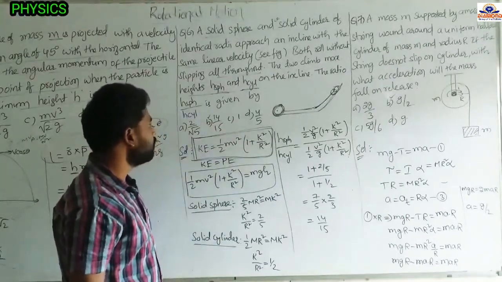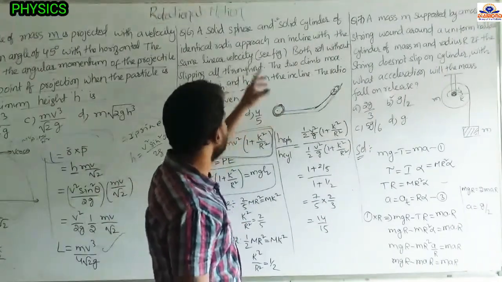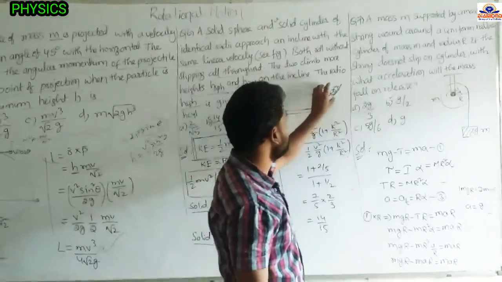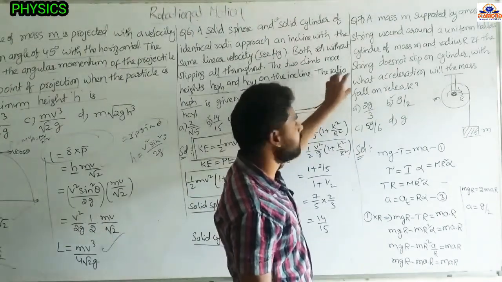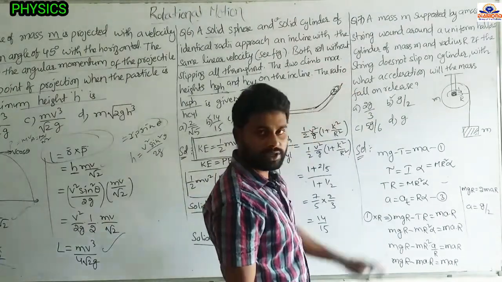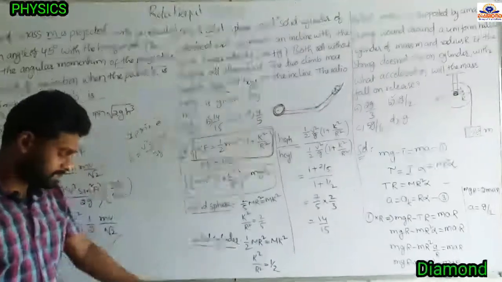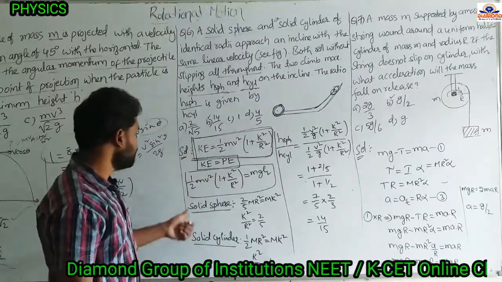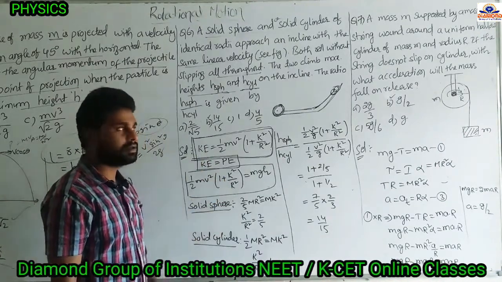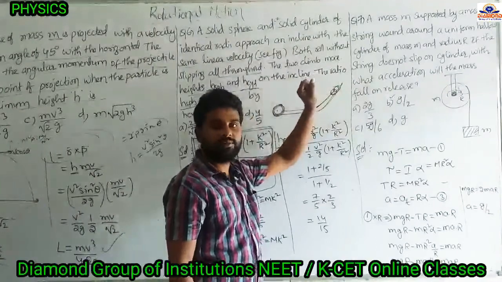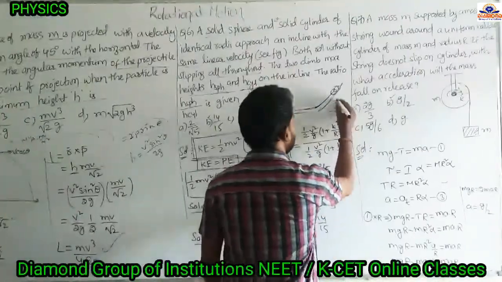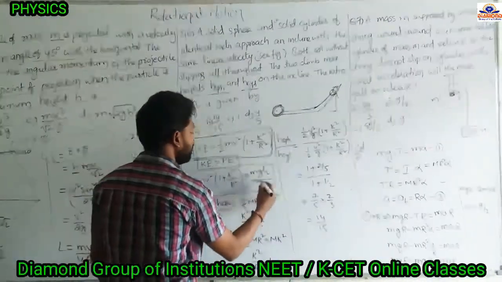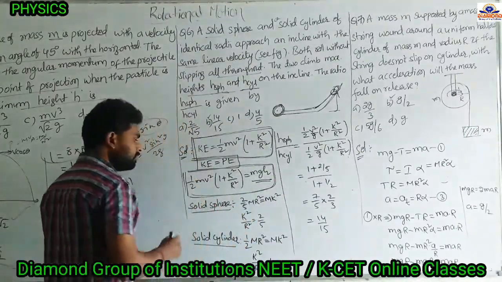Now initially suppose I am taking the solid sphere. It is moving with a velocity, so it has kinetic energy. Next it moves onto the inclined plane, and this total energy is converted into potential energy. Energy is conserved, so total kinetic energy equals potential energy. Initially the kinetic energy is half mv square into 1 plus k square by r square, and this kinetic energy is converted into potential energy, that means it will stop after reaching some height h. Then the potential energy is mgh. This is the general equation we got.